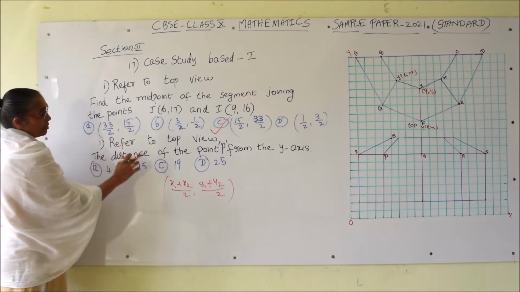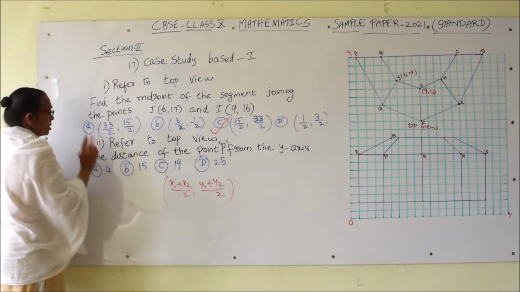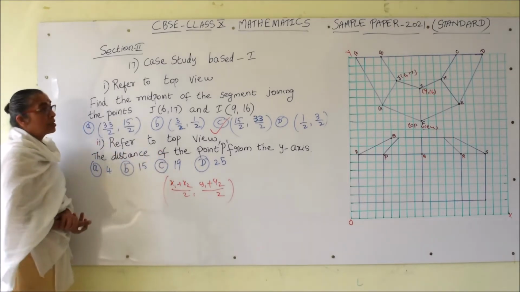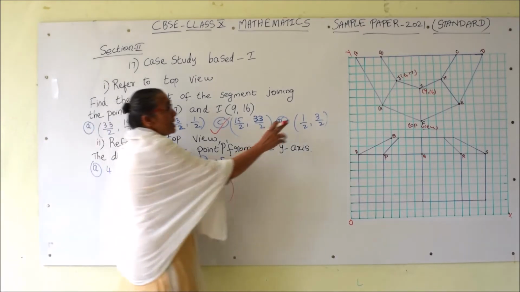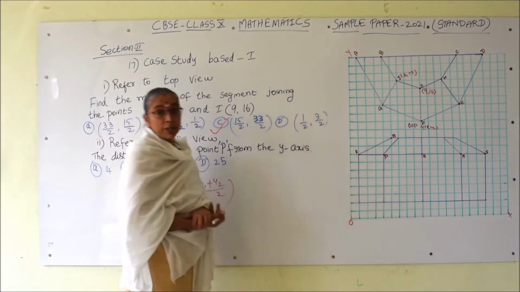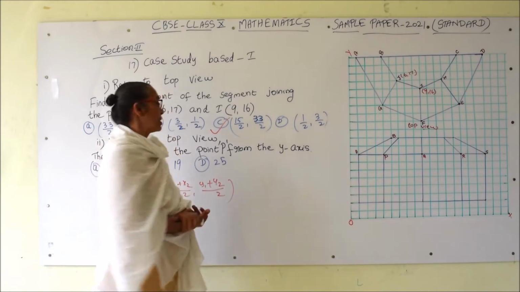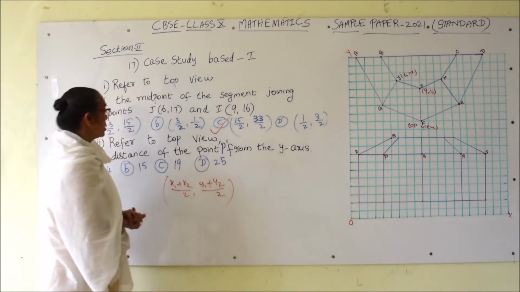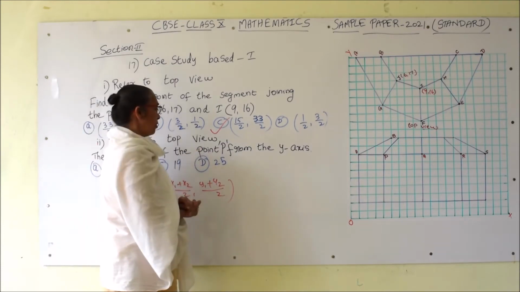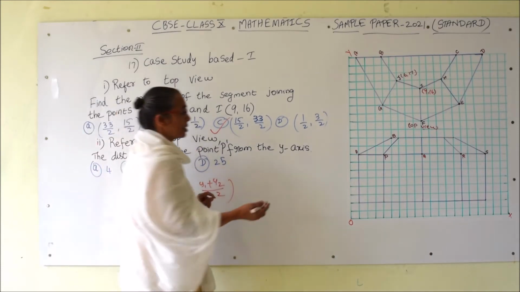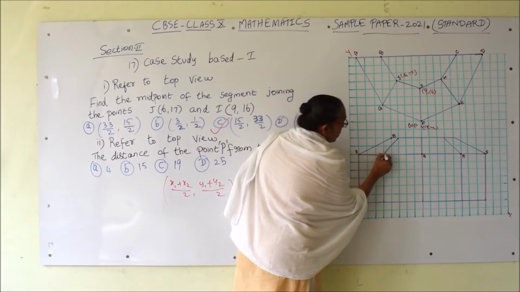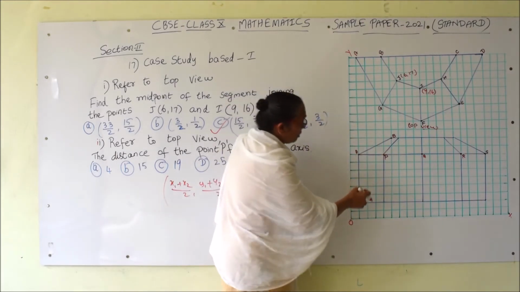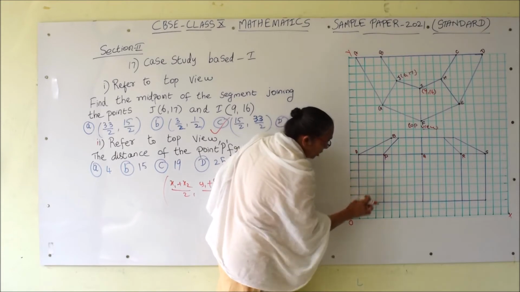This is the second subpart. The distance of the point P from the y axis. Now, you take this I and J as the reference points they have given to find out the other points. Now, let us locate the point P. Afterwards, you can find its distance from the y axis. So, we should locate this point. Now, here P is there. So, we will try to locate what the coordinates are, or you can count and see also here.